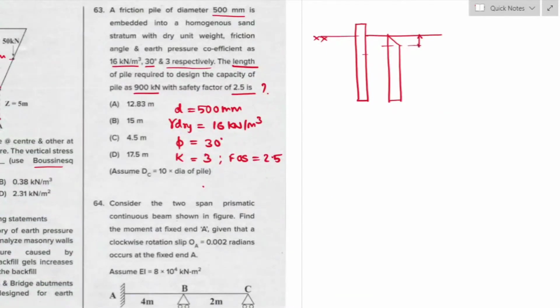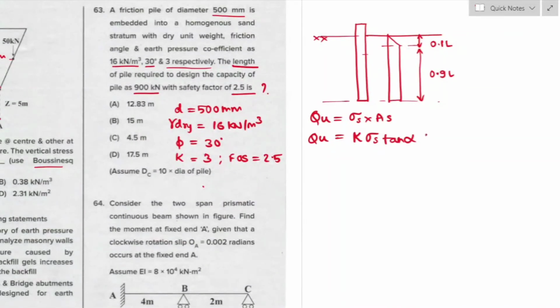So the critical depth is 0.1 times of L and the remaining depth of the friction pile is 0.9 times of L. So ultimate capacity of the friction pile is K into stress into tan alpha into pi into D into L,